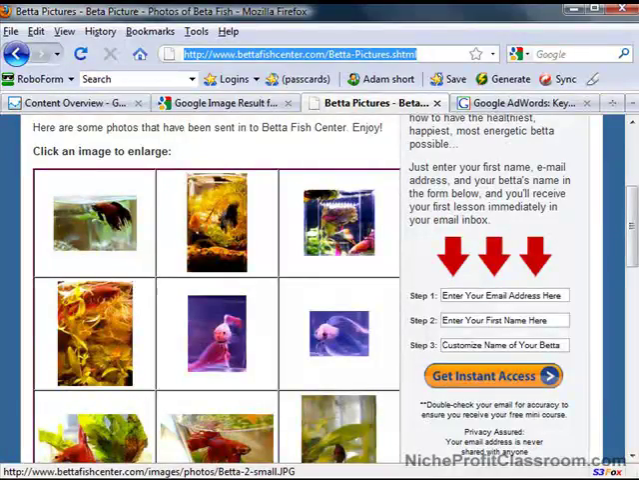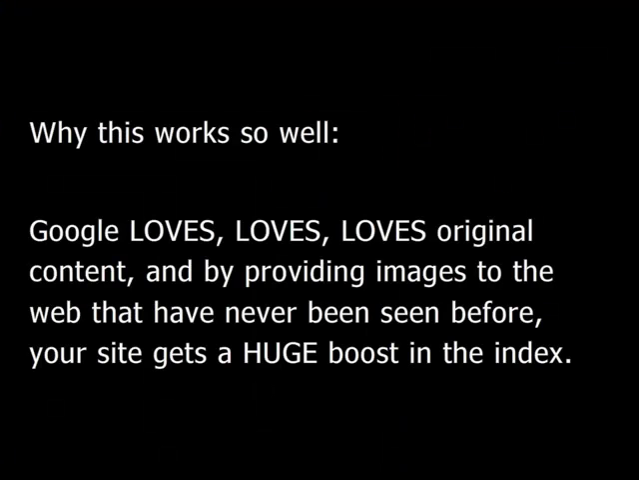is that we are the originators of the images. Here's the thing, Google absolutely loves original content. Loves, loves, loves original content. And by providing images to the web that have never been seen before, your site gets a huge boost in